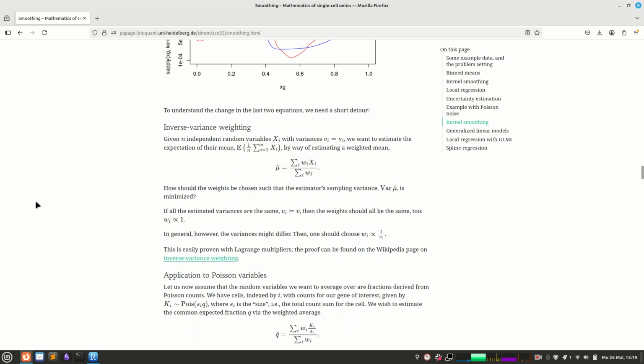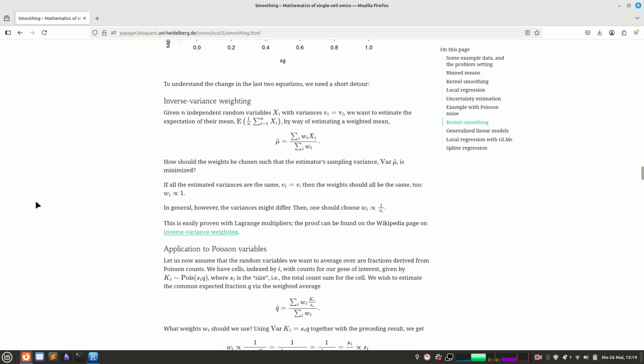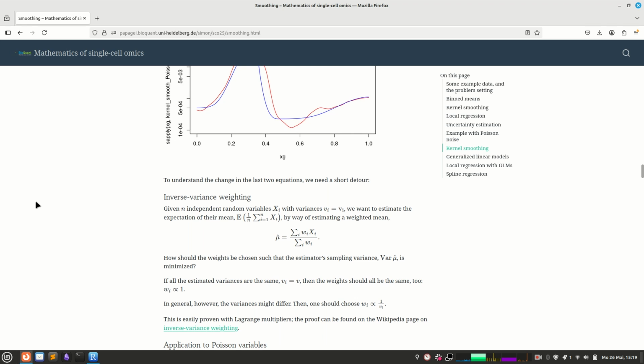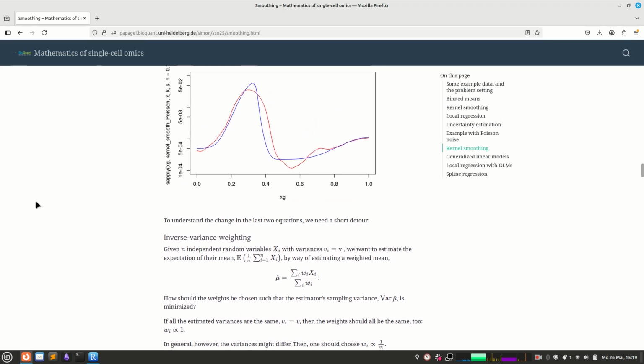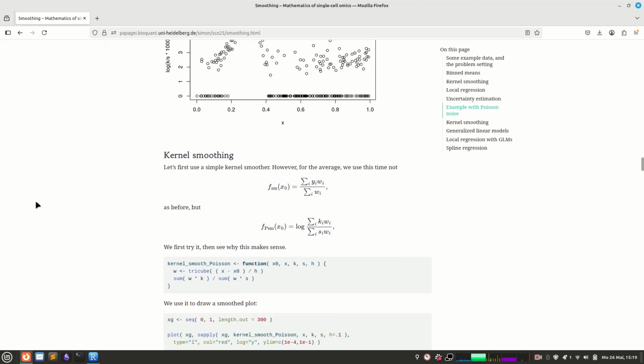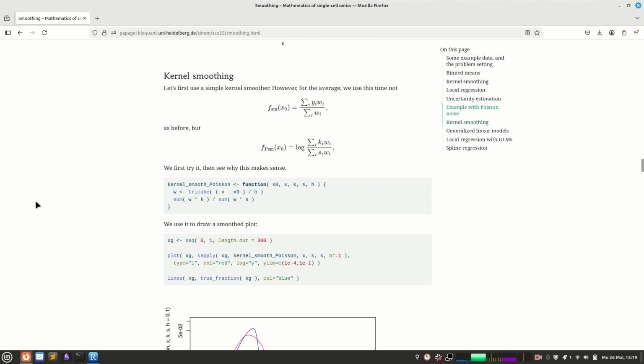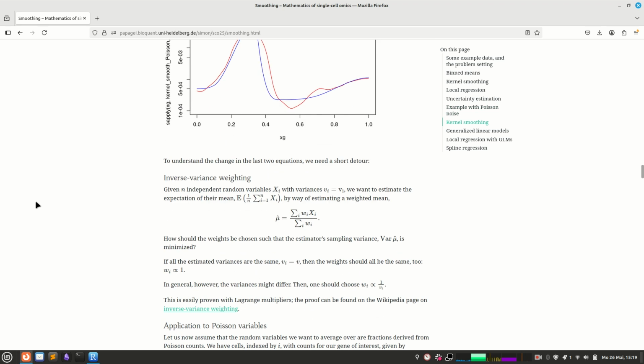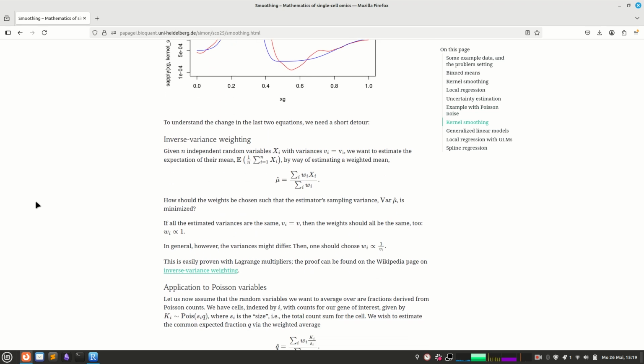So where was I? Exactly. Now what we've done here is we have a number of random variables yi, and we want to get a weighted average of them. And we wonder what might be good weights. To do this, we first imagine the following problem. We have a couple of independent random variables xi, and we know that these variables,